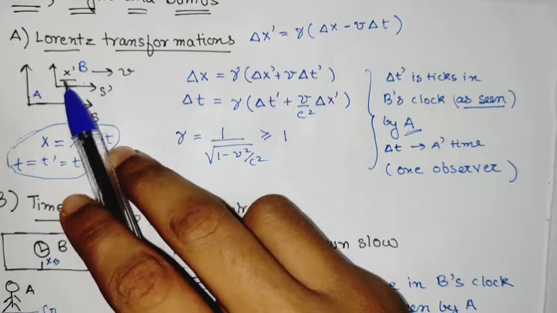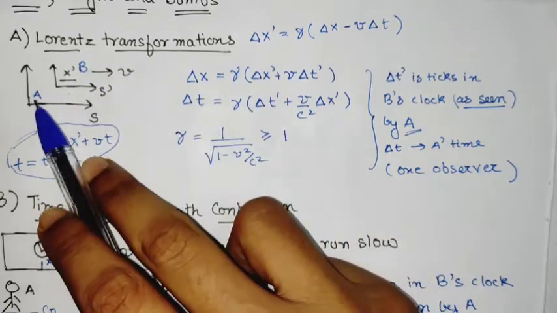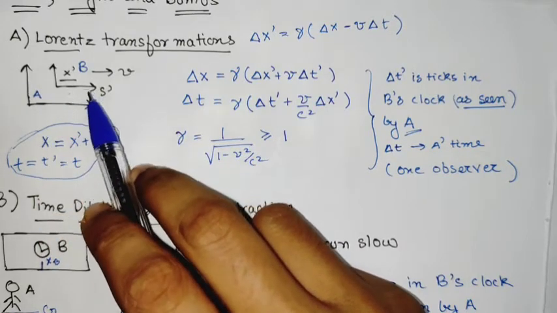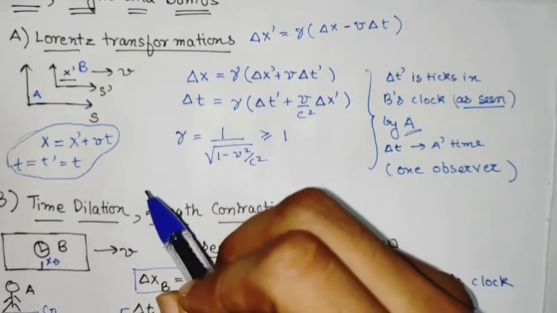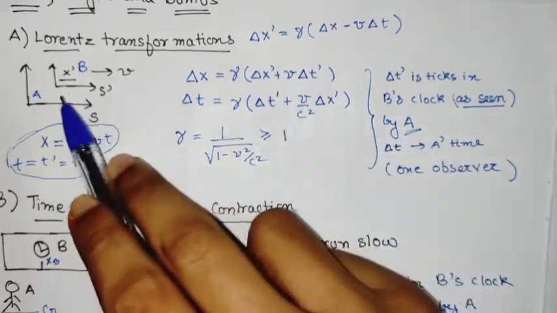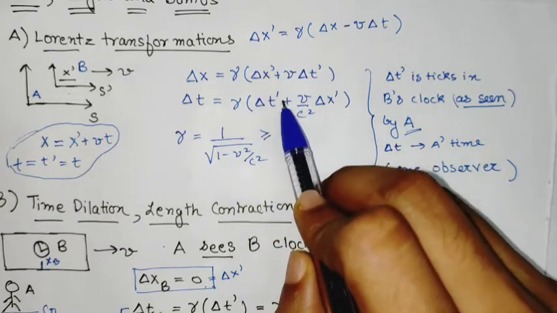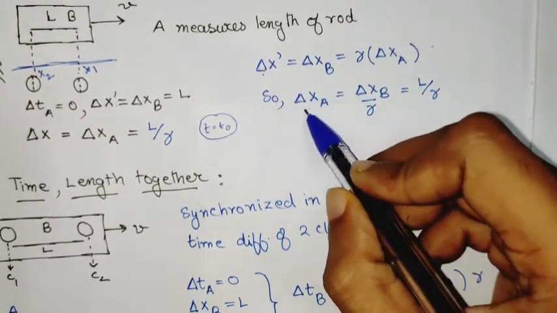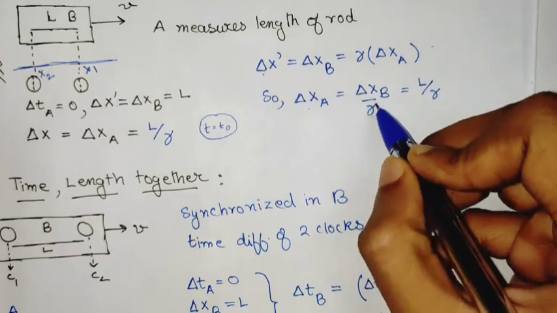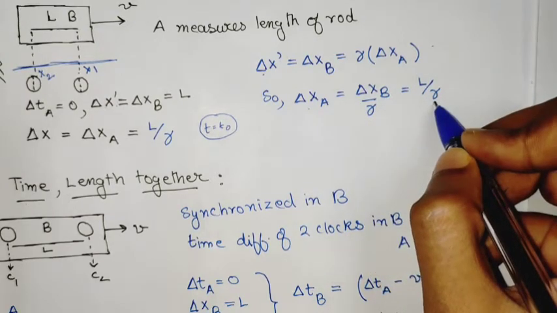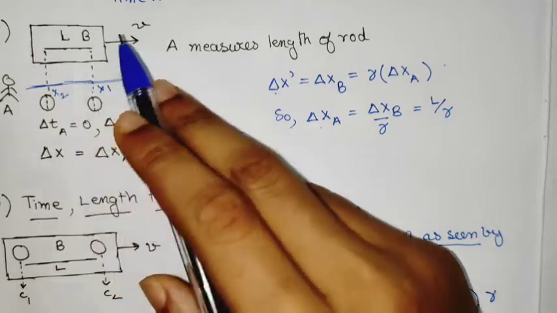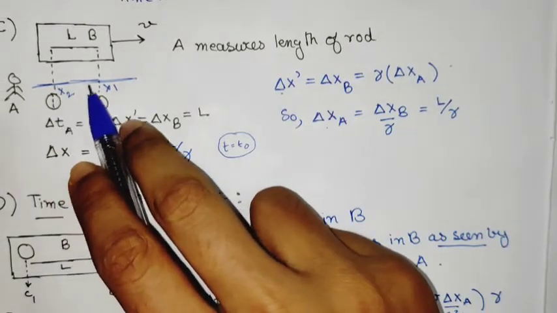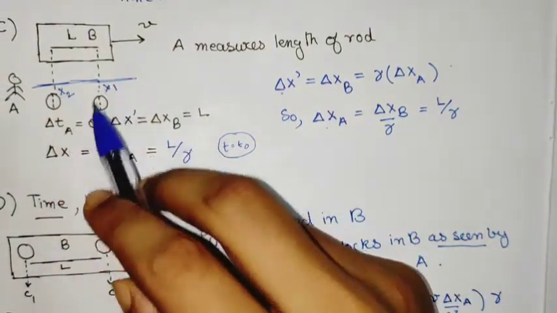Here we will ask: what is the Lorentz transformation if I am observing A from B? These are the transformations when I am observing B from A. So if I have to observe A from B, I will just superpose a velocity of minus v. Essentially, that Lorentz transformation amounts to a change of sign of v going to minus v. With that change in sign, delta xA is related to delta xB by a factor of gamma. So essentially length gets contracted because gamma is greater than 1, and the length measured by A will be less than L.